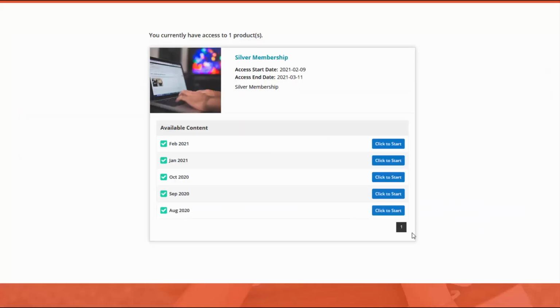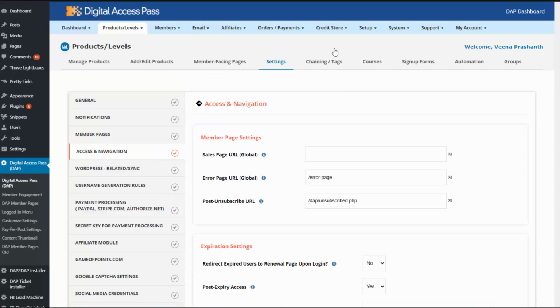So you can see here I'm now logged in as a member who had access to Silver membership back in August and canceled in October and then joined back in Jan. So this member can access content from August, September, October because this member had paid for all of these months but did not make payments in November and December. So this member cannot access any content that you drip with a start date of December, an end date of December, or a start date of November, an end date of November. So this member cannot access November and December content, but can access all the other months as you can see here. So this is how this works.